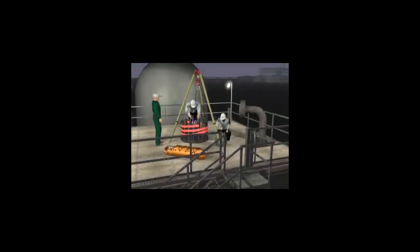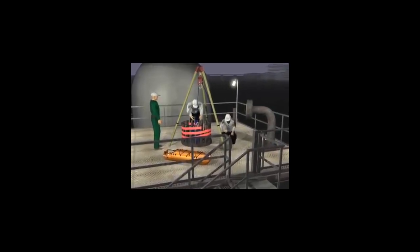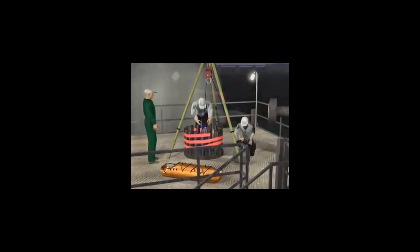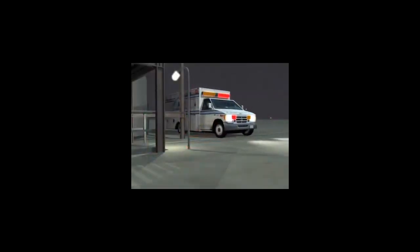A rescue hoist was used to remove the workers. It was now almost 10 minutes since the first worker had collapsed. Attempts to revive the men were unsuccessful, and both were